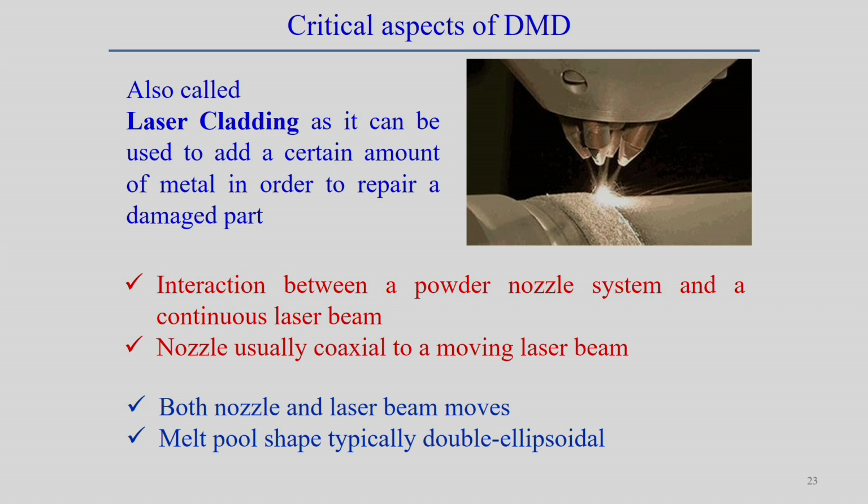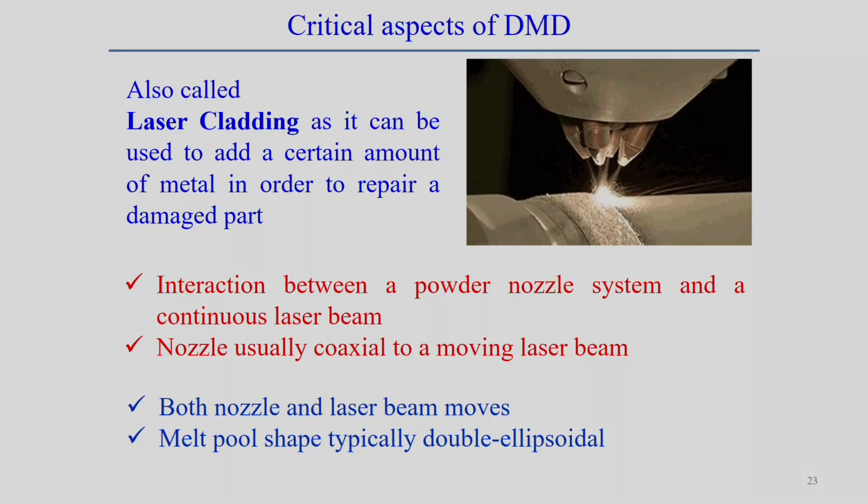If you look at this picture, we can see that coaxial nozzles are used, injecting the powder at a particular point, which is the focus point of all these four nozzles. Exactly at this point the laser is also focused, such that it can melt the maximum amount of the powder, and then it is deposited on the substrate.